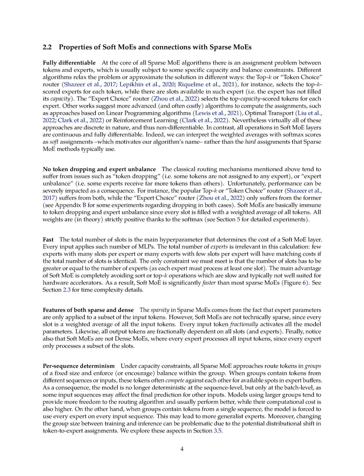Section. Fully differentiable. At the heart of all sparse mixture of experts, MoE, algorithms, there's a task of matching tokens and experts. This task is typically subject to certain capacity and balance limitations. Different algorithms tackle this task in various ways. For example, the token choice router selects the top-ranked experts for each token, as long as there's room in that expert, meaning the expert hasn't reached its capacity. The expert choice router, on the other hand, picks the tokens with the highest capacity scores for each expert.